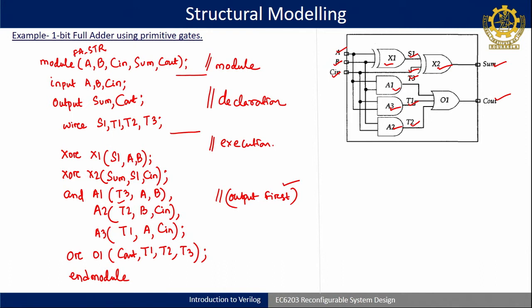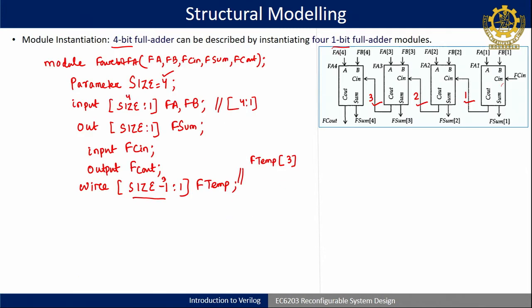So this module name is fa_str. This module is a full adder that I will call 4 times. fa_str is already designed, so this I will call. The syntax is something like this: fa_str, that module I will call. Again I have to give the labels also, because without labeling it's not possible.